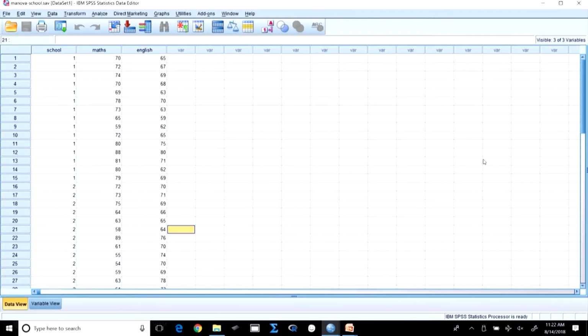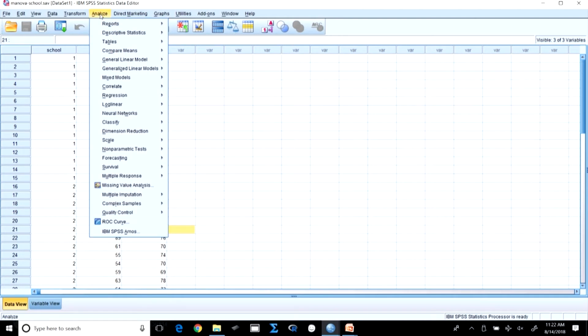So, two-way MANOVA. This is the case we were talking about. These are 2 scores and there are 3 schools. Let us first see, and maybe again we will go back to the slide. First, Analyze, then I go next to General Linear Model. Will I go to univariate or multivariate? I will go for multivariate. Why? Because we have a case of MANOVA where there is more than one dependent variable.